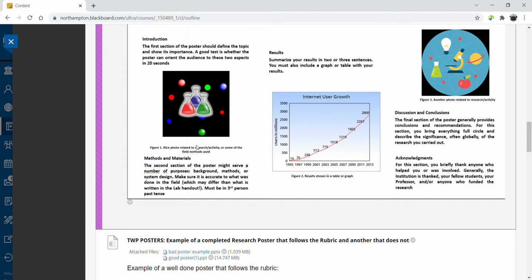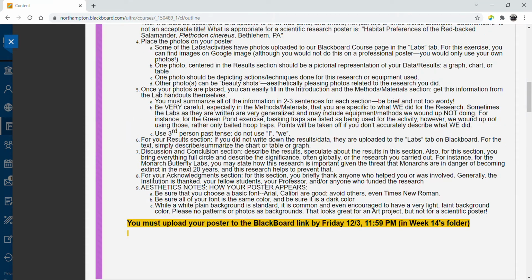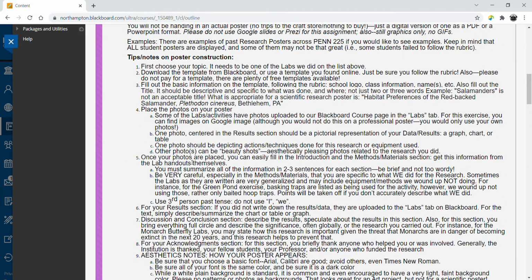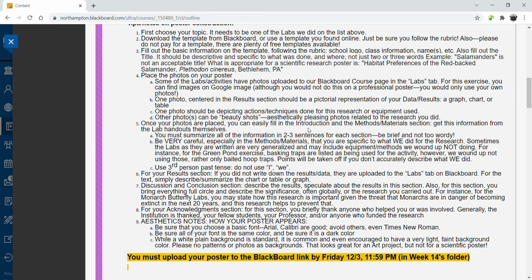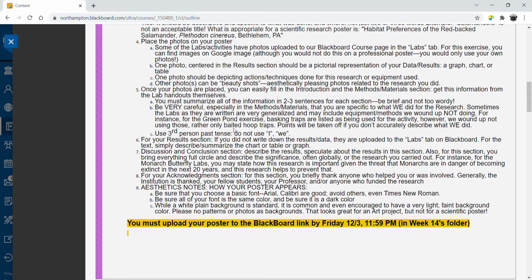Figure 1, change that text. The default text is "nice photo related to research activity or some field methods." Make sure you replace that with what the actual photo is depicting. Once you have your photos placed, you just go to your handout and the introduction and materials section. You just summarize those